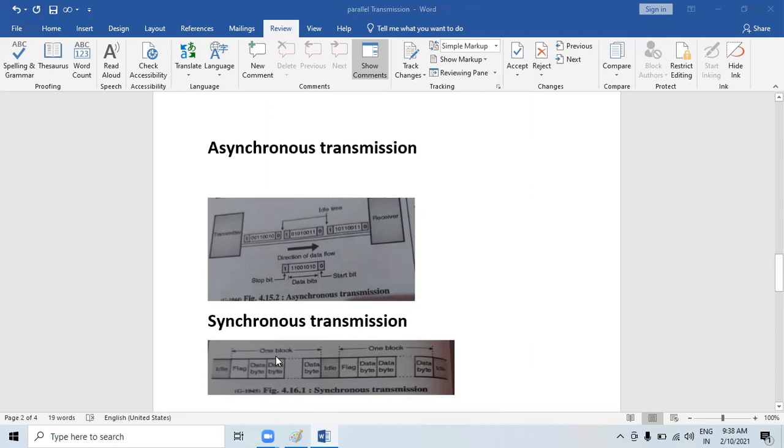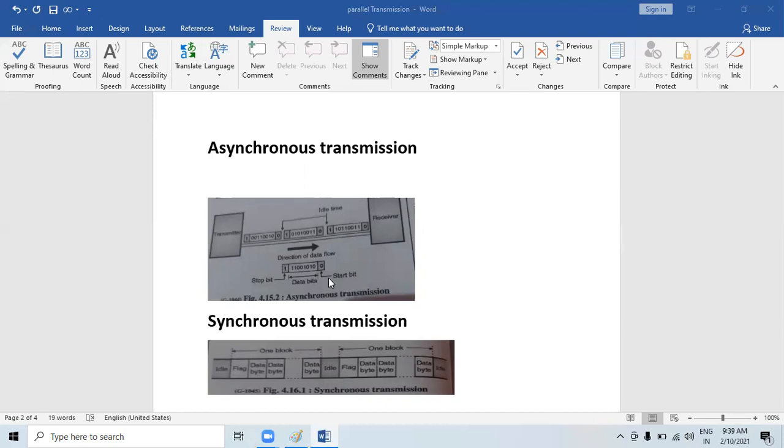So you can say that the data transmission can come at any instant. It becomes difficult for the receiver to understand the instant at which the byte has been transmitted. To help the receiver receive the data, start and stop bits are used along with each data byte. So the start bit is always 0 and the stop bit is always 1.